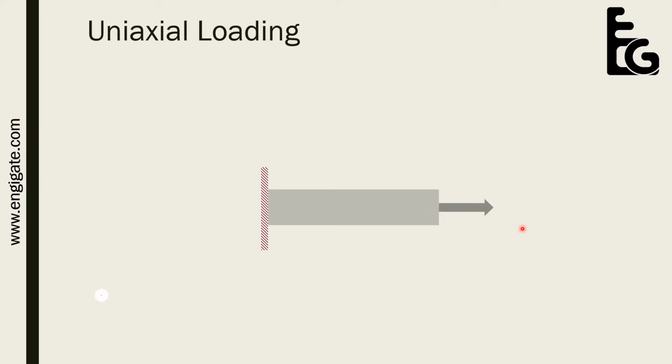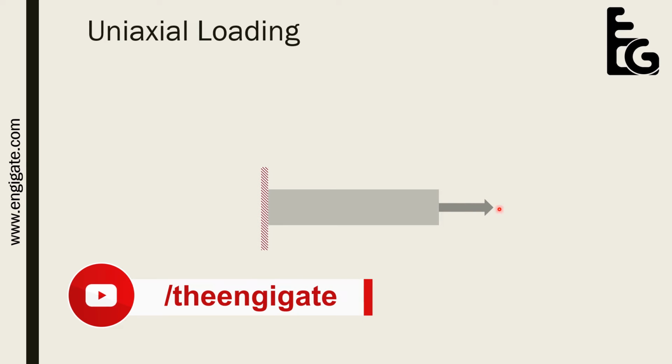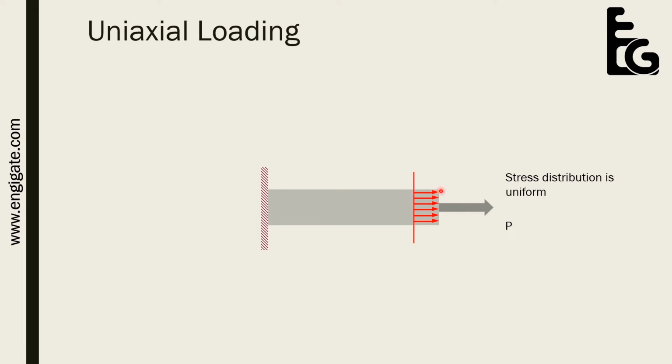So now today we will be seeing the different types of loading systems. In that, the first one is uniaxial loading. As its name suggests, the load is in the axial direction and that is also uni, meaning in one direction only. Now we are dividing the applied load per element. So the applied load will be divided into stress per unit element, that is shown by the arrows over here.